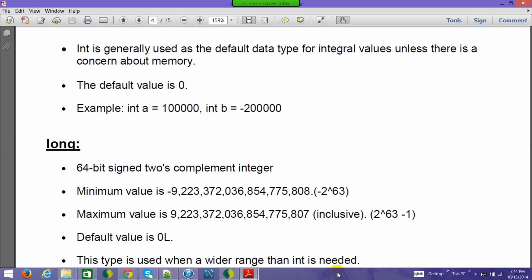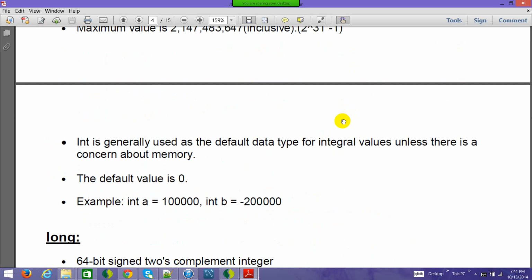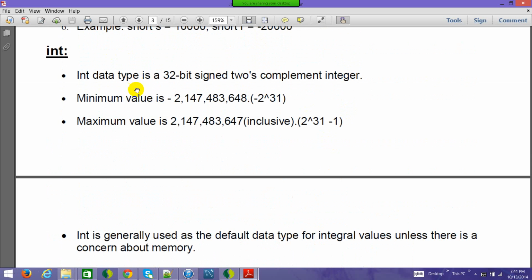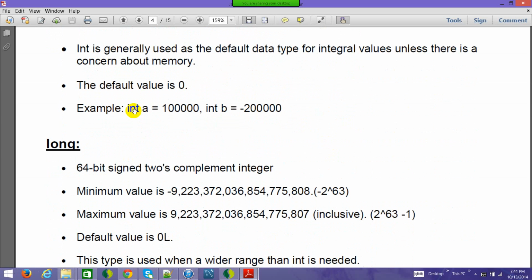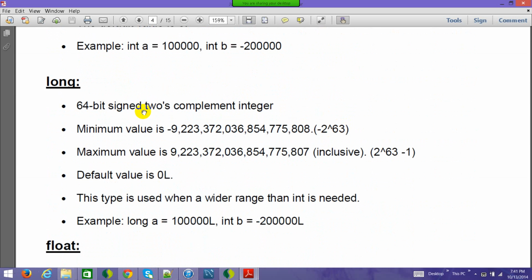In most of my programming career, I have used int for most scenarios, and double for fractional values. That's how the deal is, but you should know about all this stuff, because depending on your requirements, you can use either of these data types. The default value is 0L. L is just a suffix which shows that this data type is of type long.